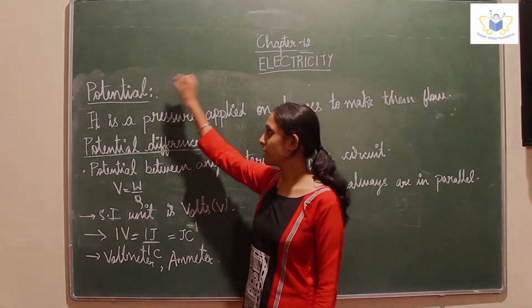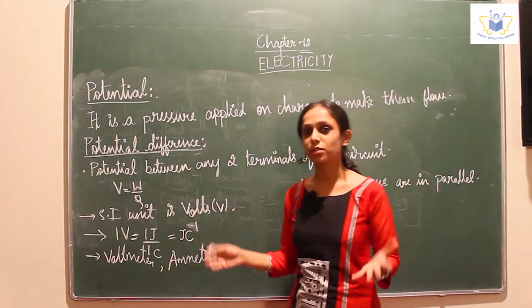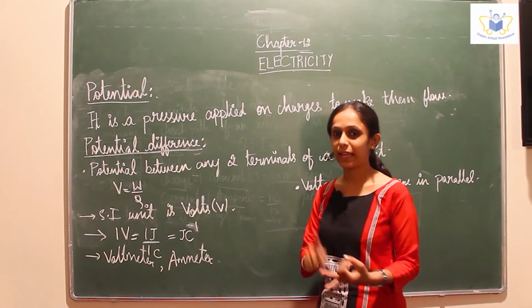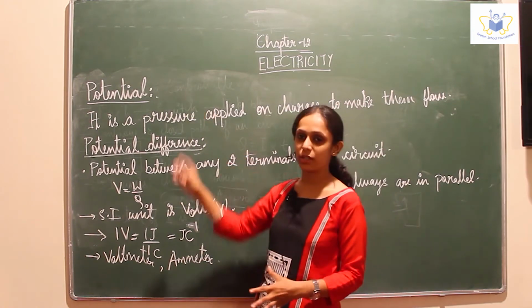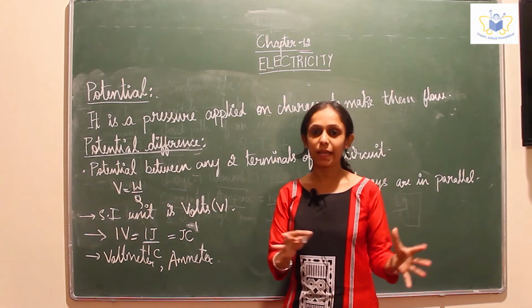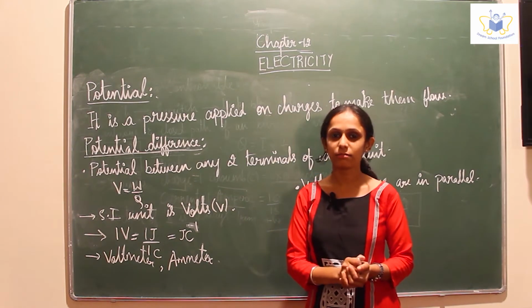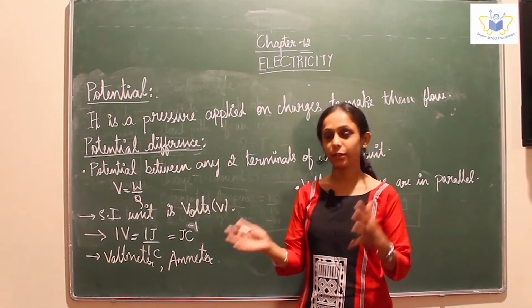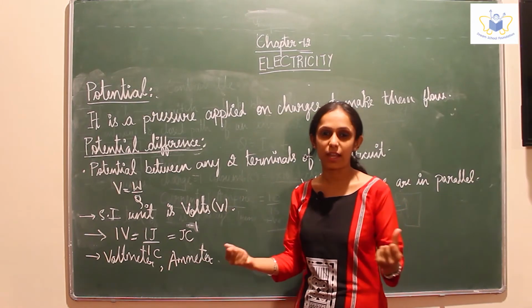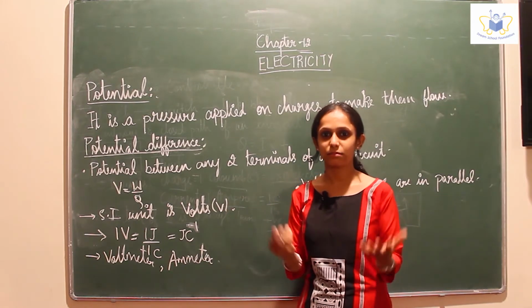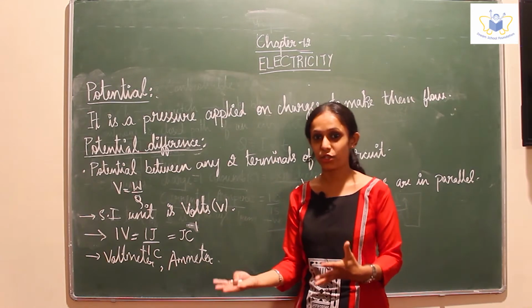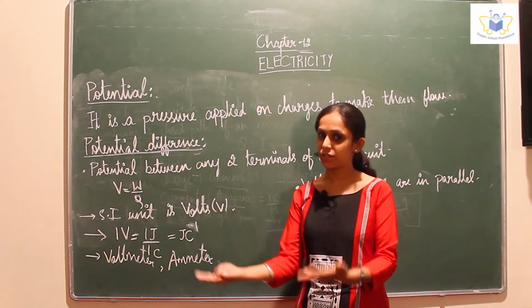Next definition is potential. You came across all the definitions of current, electricity. Now it is potential. Very important. In your basic English, what is potential? What comes to your mind when you hear the word potential? It means strength or capability. Somebody's capability. What's your potential? What's your capability? What's your strength?